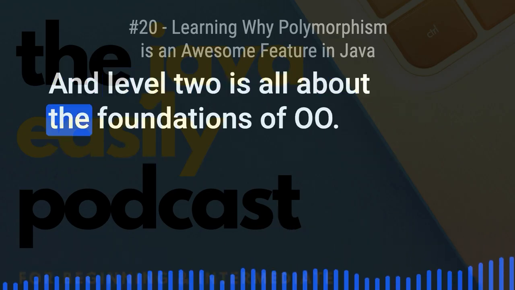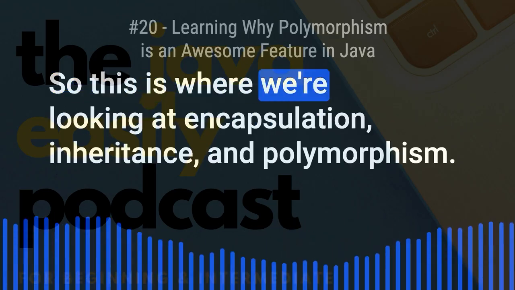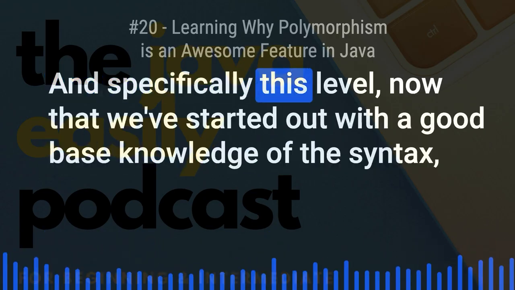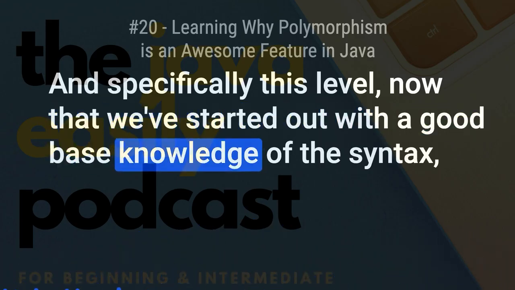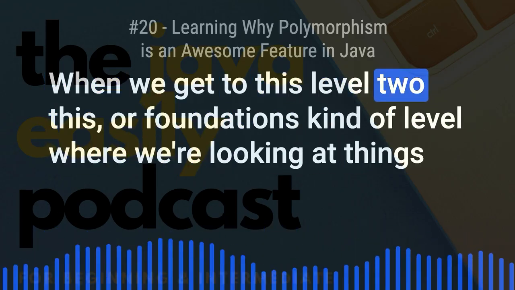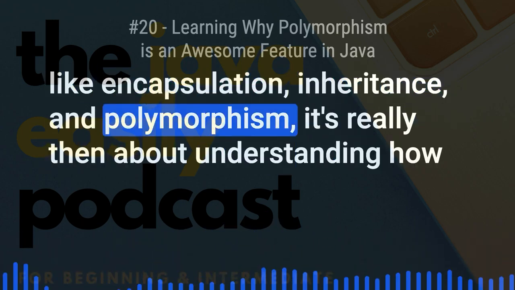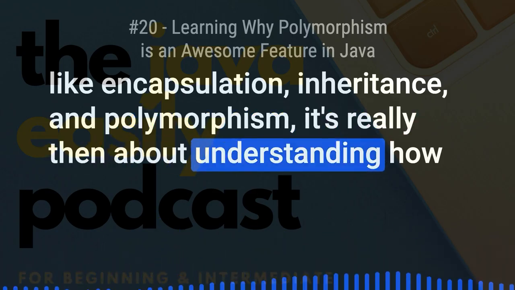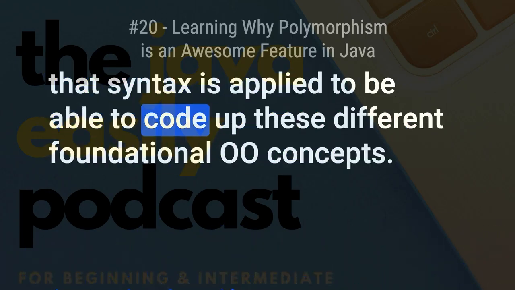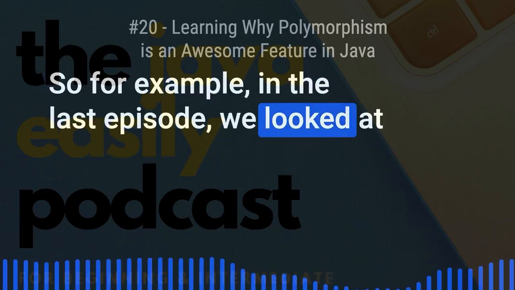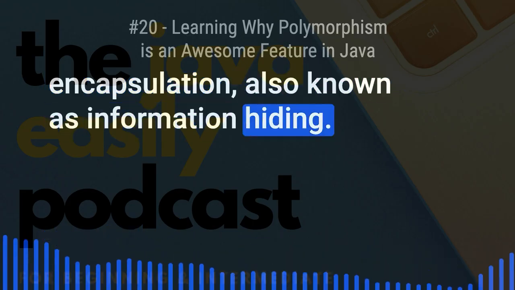And level 2 is all about the foundations of OO. So this is where we're looking at encapsulation, inheritance, and polymorphism. Specifically at this level, now that we've started out with a good base knowledge of the syntax, it's really about understanding how that syntax is applied to be able to code up these different foundational OO concepts. So for example, in the last episode, we looked at encapsulation, also known as information hiding,